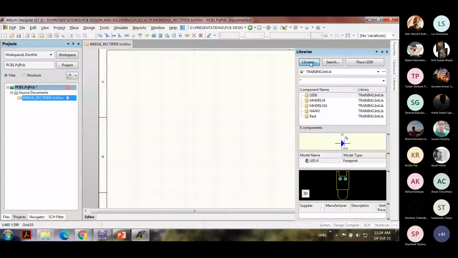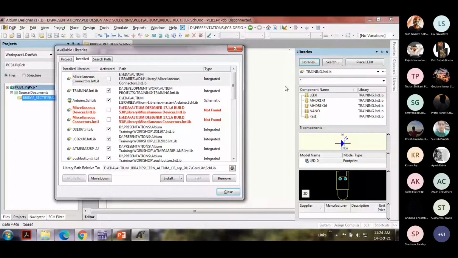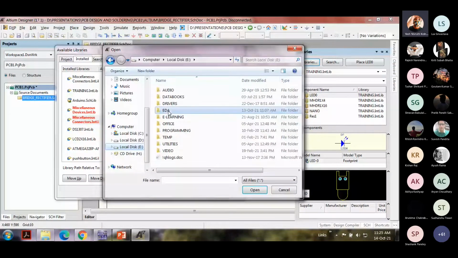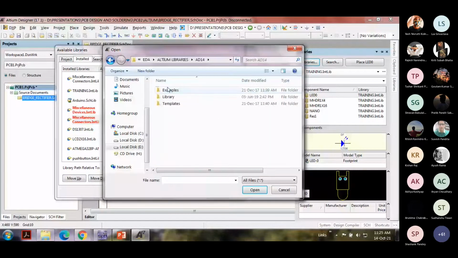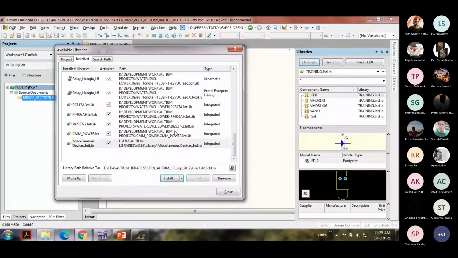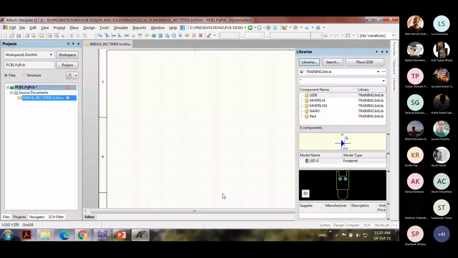So let me install that from some file. Now you'll be having the two libraries.